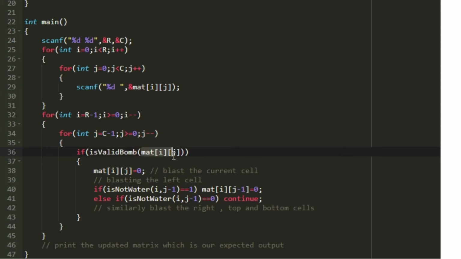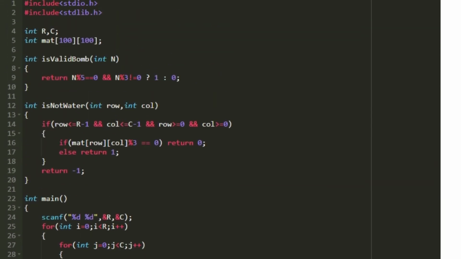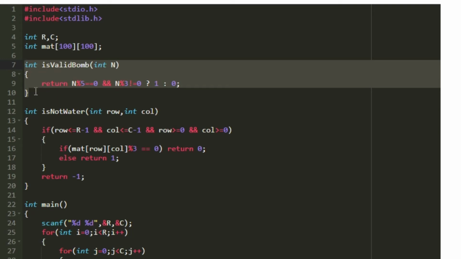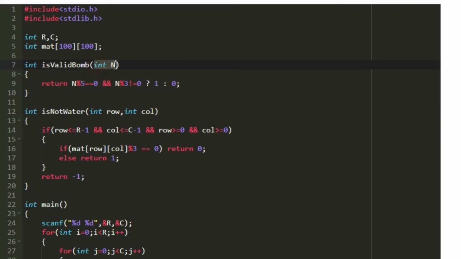To check whether the integer is a valid bomb, we make use of the function named isValidBomb, which is a user defined function. Now let us see how this function works. This function accepts an integer in its arguments and returns 1 if it is a valid bomb, else it returns 0. As per the question, if an integer is a multiple of 5 and it is not a multiple of 3, then it is a valid bomb.